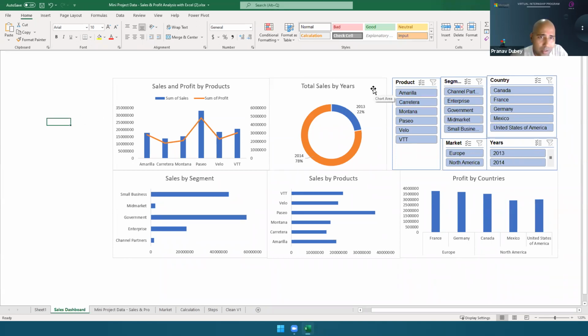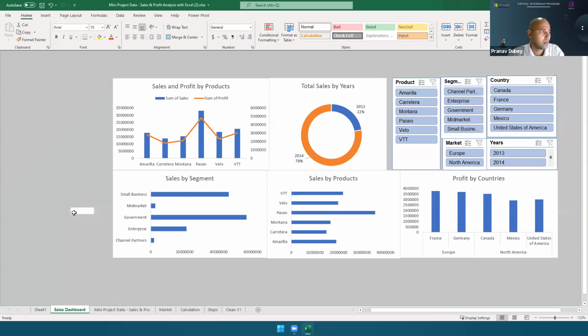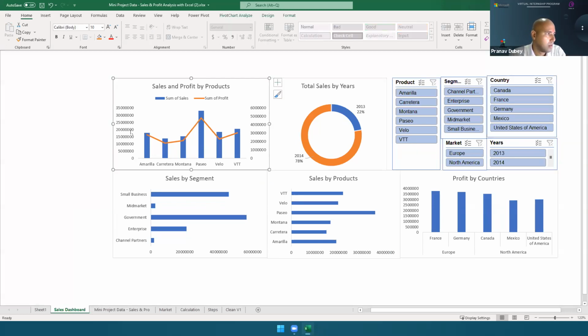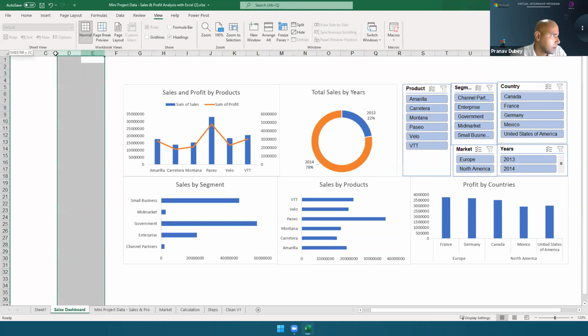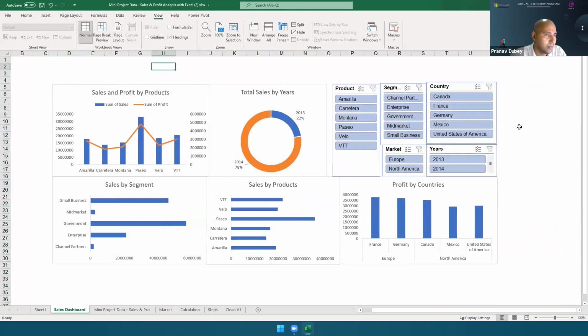we give a title. So let's give a title. For the title, you can just combine. So let me first bring everything, like all visuals. If we remove a couple of, oh yeah, it is moving here on the left side.